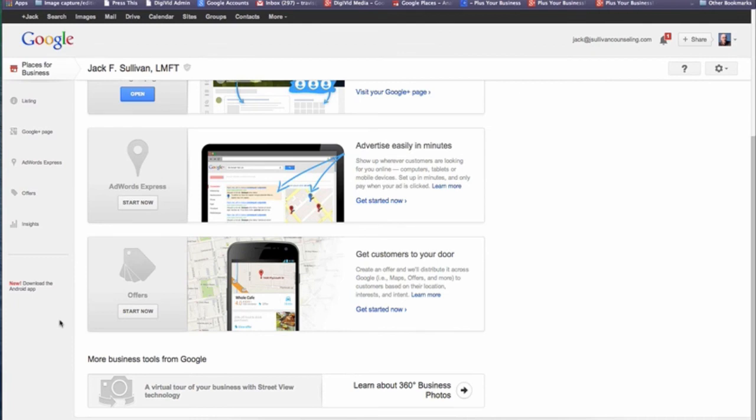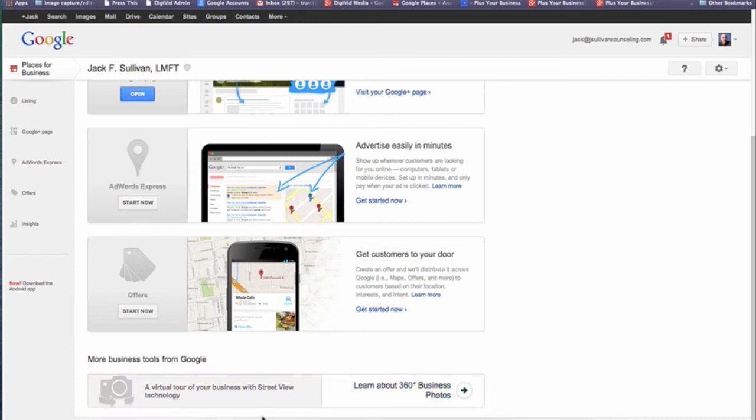So in the last part down here, after you've been through all of that, you have two more aspects that can be added to a new Places dashboard. I don't believe either of these are available other than if you have the new Places dashboard. And each of these come with their own stipulations. So if you are a business and you don't have your address available for the public, more than likely you're not going to need, or I don't think Google even offers you, what's called Street View, a virtual tour of your business with Street View technology.